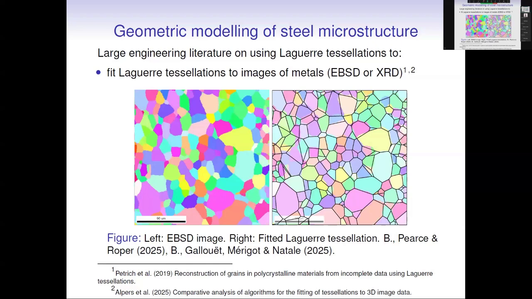Sometimes they'll only know the volumes of the grains and the barycentres, the centres of mass. So you want to fit a Laguerre tessellation to these two bits of information, the volumes of the cells and the barycentres. That's what I'm going to focus on: regression with incomplete data. So in particular,